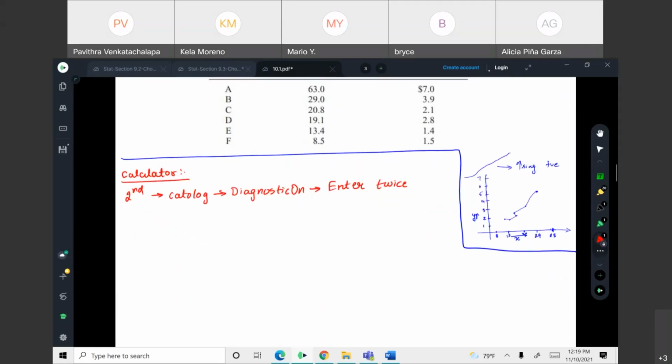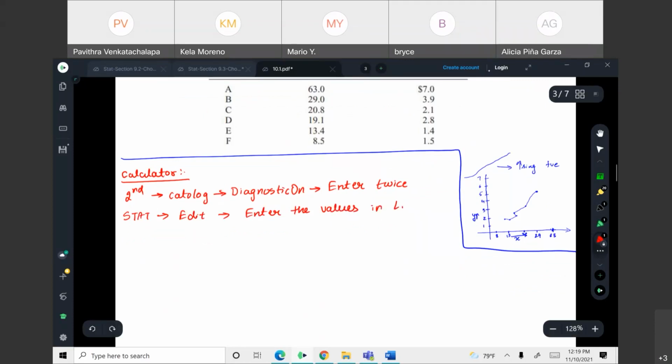Okay, so after you do this, click on stat, edit, and you will enter the values in L1 and L2. Enter the values in L1 and L2. So once you do that, again go to stat, test,